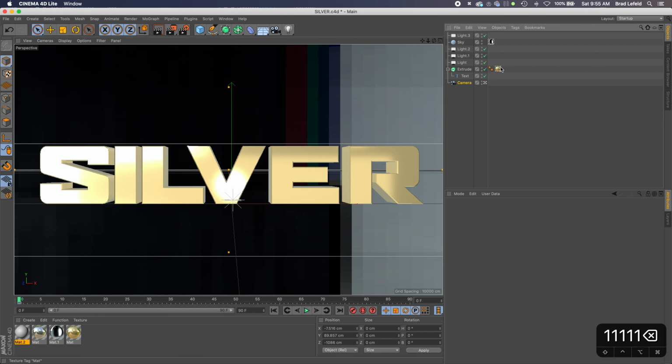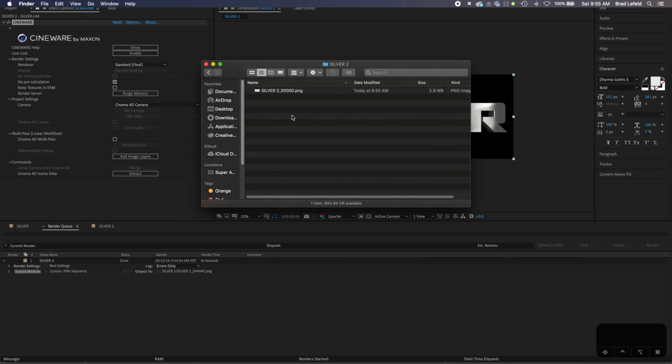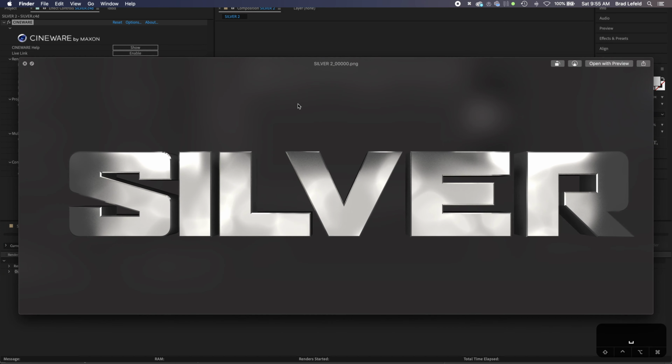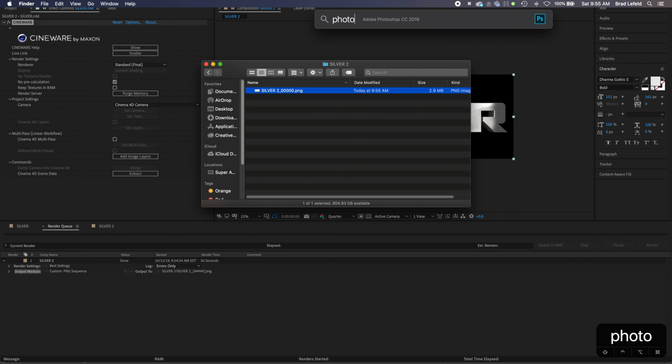I can delete the texture on top of the gold here, so now I still have the gold text that is on here. Let me pop back over to After Effects. Here's our finder. So here's our silver text that we have. Now, when I import this into Photoshop,